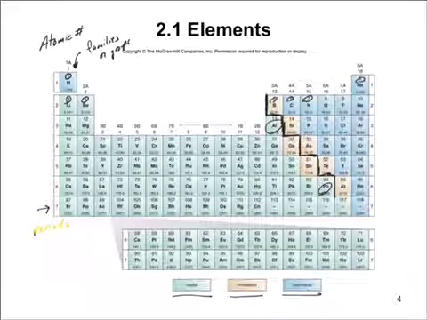Now, there are a bunch of elements that I want you to memorize the name and symbol for. Okay? Just the name and symbol. Now, I'm going to underline these guys in red. Okay? And say their names as I go through them. Hydrogen,